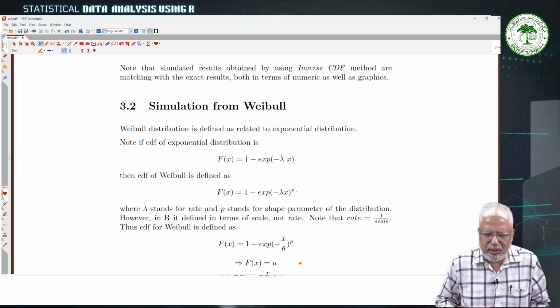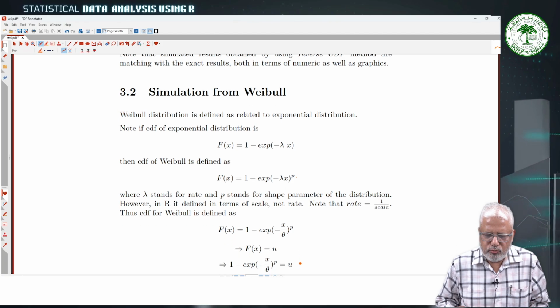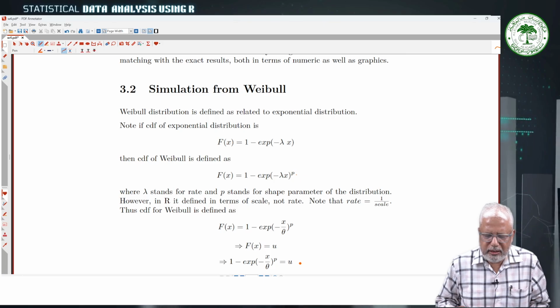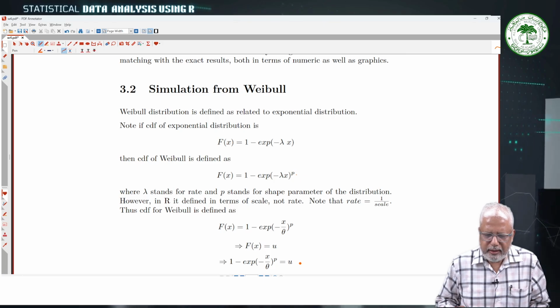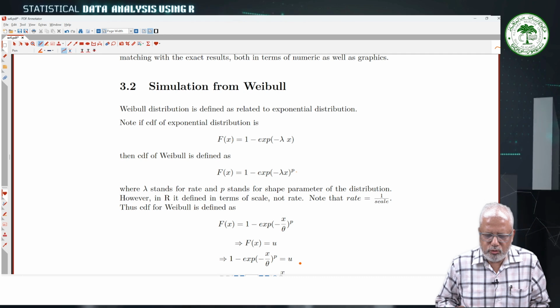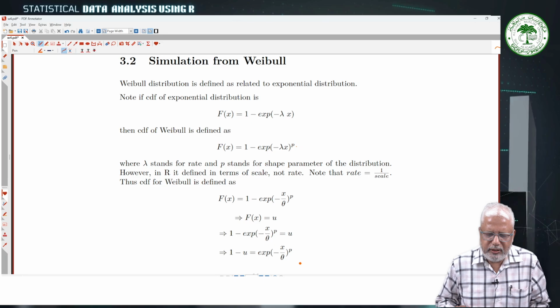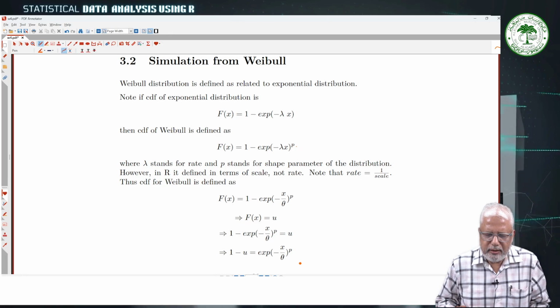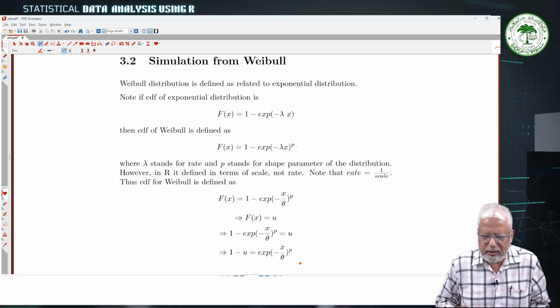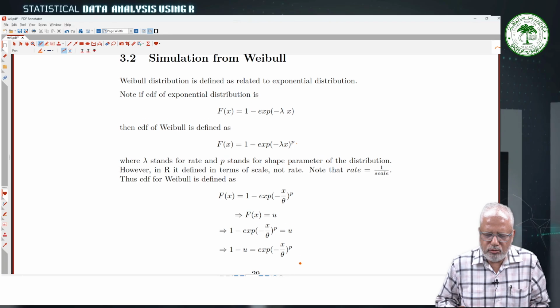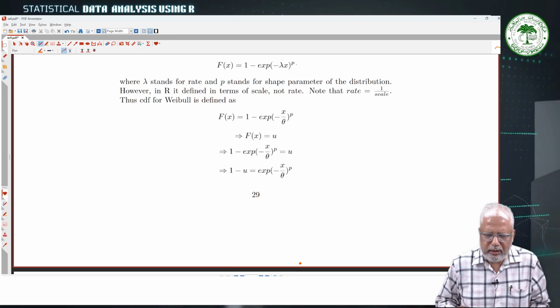Now what we have to do? We have to equate F(x) equal to u, and that means 1 minus e raised to the power minus x by theta whole raised to the power p is equal to u. If we transfer u to the left hand side and the exponential part to the right hand side, it is 1 minus u is equal to e raised to the power minus x by theta whole raised to the power p. And this implies